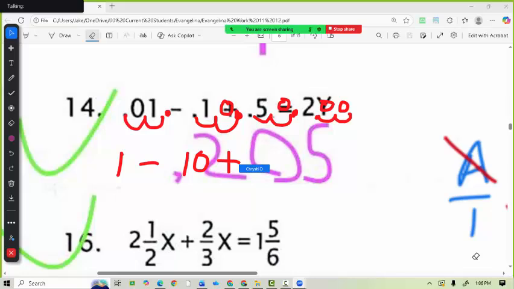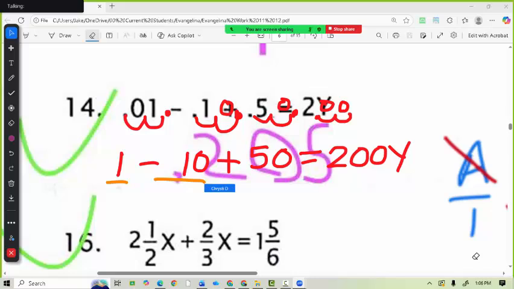plus 50 equals 200y. All right, now we're going to combine the like terms on both sides. So on the left, we have a 1 and a negative 10. This is negative 9 plus 50, 41. And if you wanted to do that when we use the please eat more dessert, Nate's Great Strawberry Mousse, the order of operations, we would